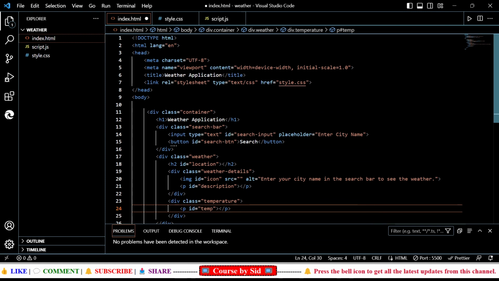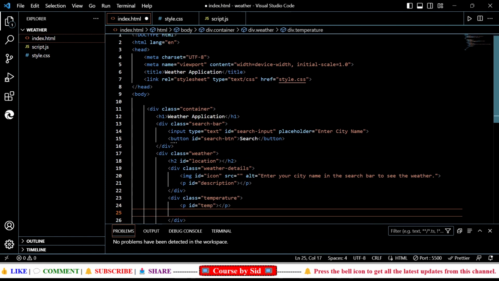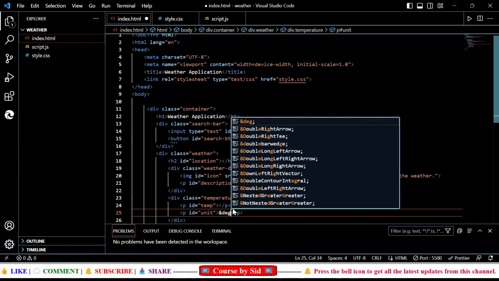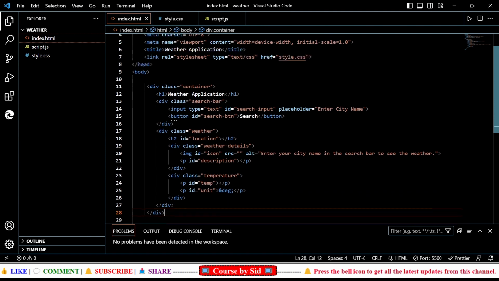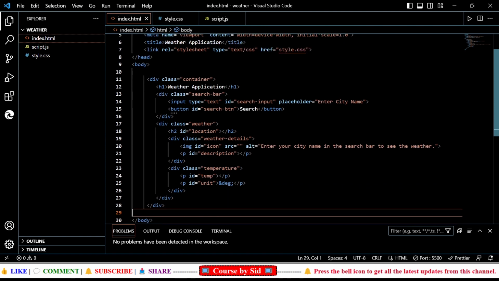And one other p tag I'll be using, and the id I'll be writing is unit. Here I'll write the degree symbol, so I'll be writing the ampersand deg, degree, and then a semicolon. Now after this div